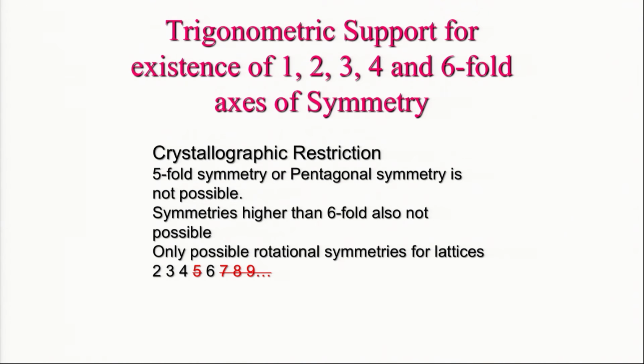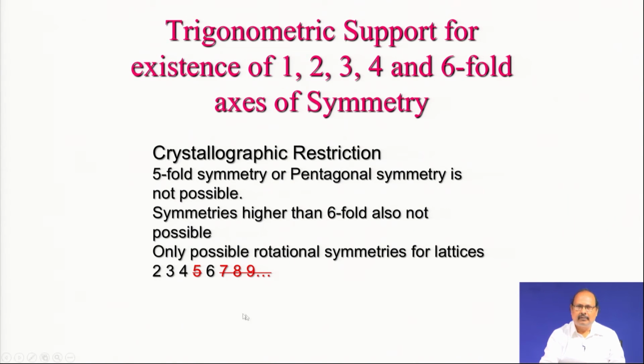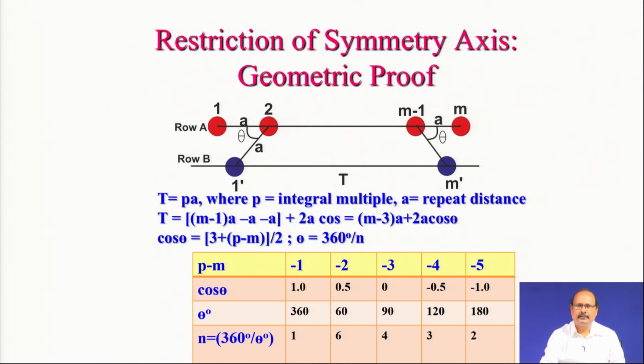Now, one of the important aspects here is that in crystallography, only 1-fold, 2-fold, 3-fold, 4-fold and 6-fold axial rotation is possible. 5-fold, 7-fold, 8-fold and 9-fold axial rotation or any other rotation is not possible. And I will show you the trigonometric proof or trigonometric support for why these rotation axes are not possible here. So, what we will do here is let us consider that you have a row and